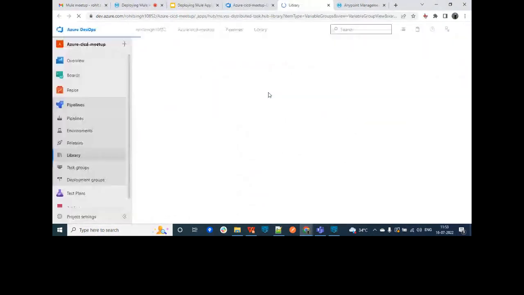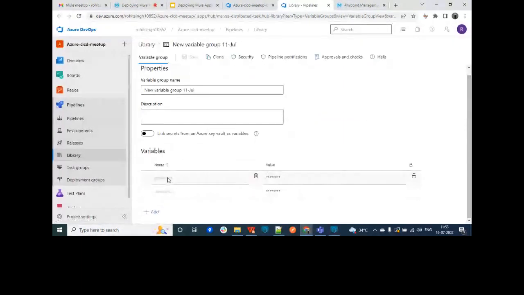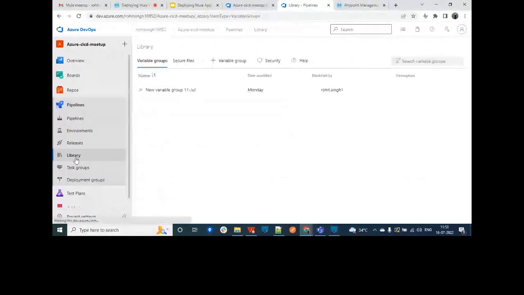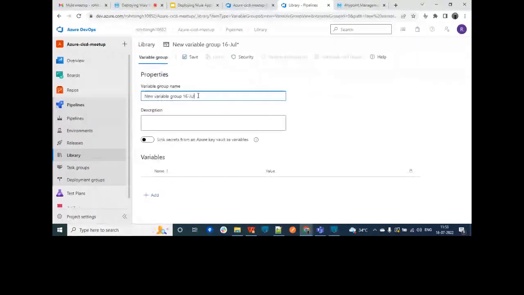So if you see, I have created this password and the username, and it is masked, so you can't see it. If you want to create any masked value or confidential value, you need to click on the library, just click on variable group and create your variable group. Click on add. For example, if I want to give username, I will give username and the value, and I will mask it so that no one can see it. So for example, if I have created this,